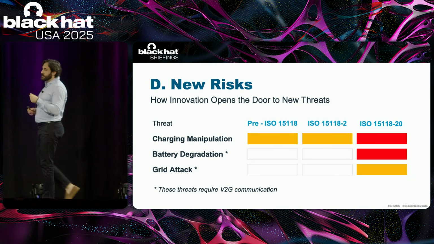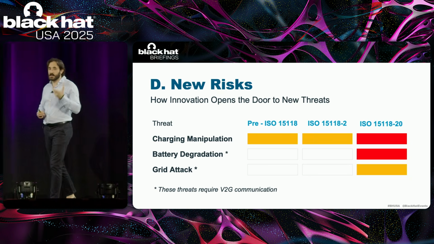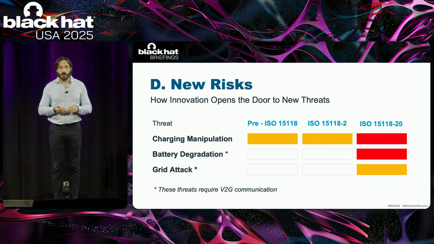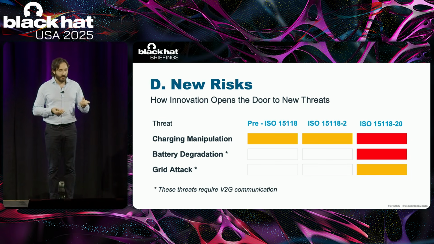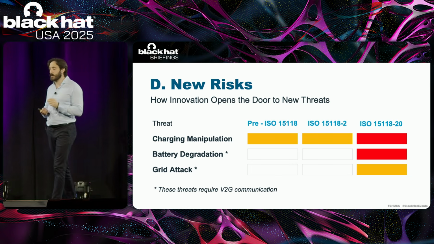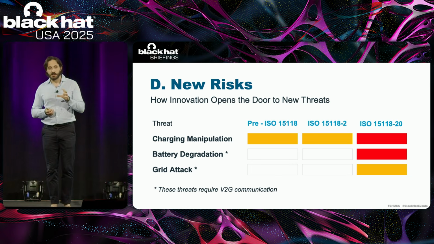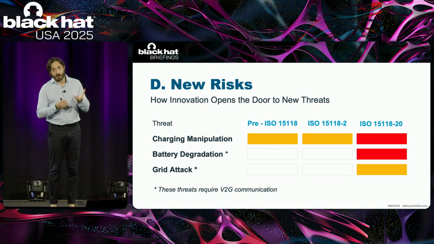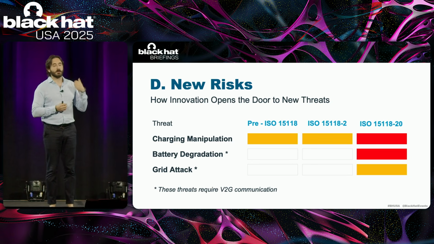But there are also way more complex attacks that can be pursued by a malicious actor. And one of these, for example, is the grid attack. This is an attack that is enabled by vehicle-to-grid communication. So we said that vehicle-to-grid communication actually allows the electric vehicle to pull and to push